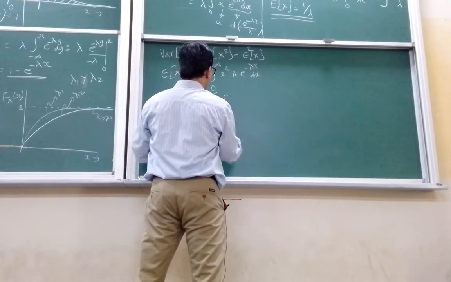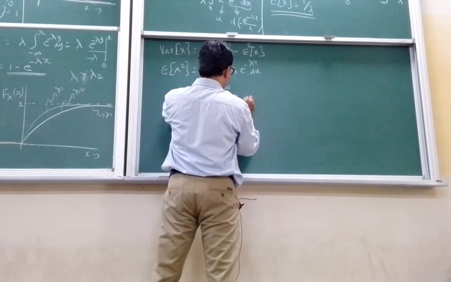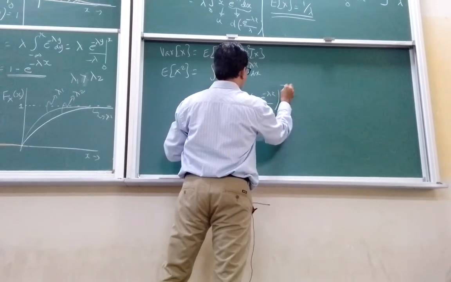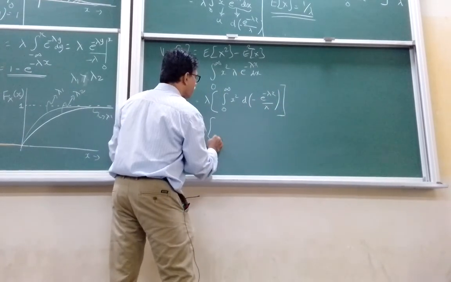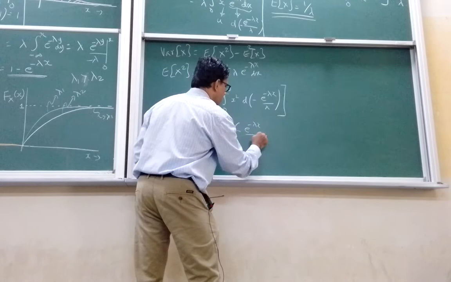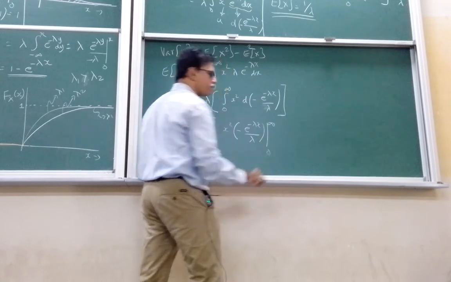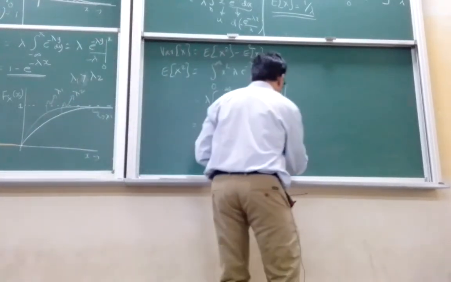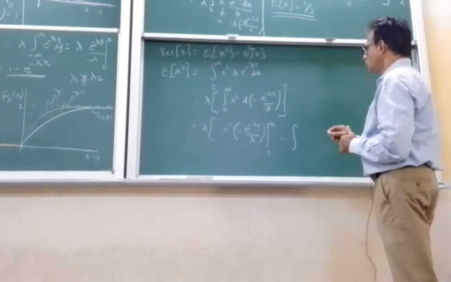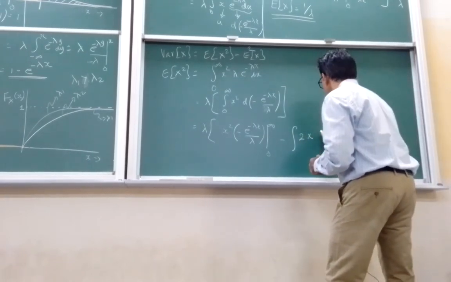First thing is x squared, and as usual it is d of minus e power minus lambda x by lambda. This is how we will treat it. So x squared into minus e power minus lambda x by lambda between 0 to infinity, minus of 2x into